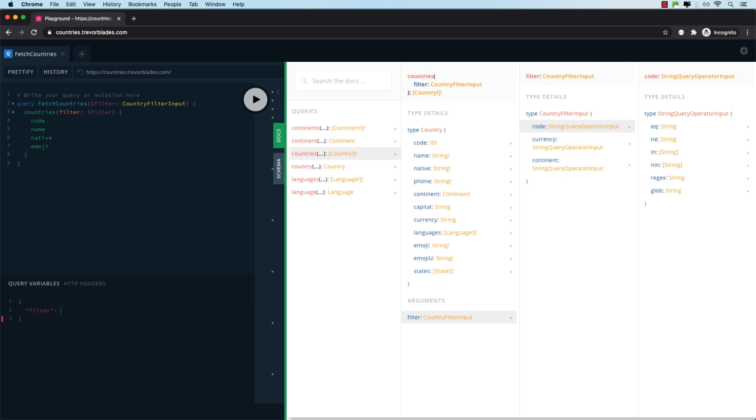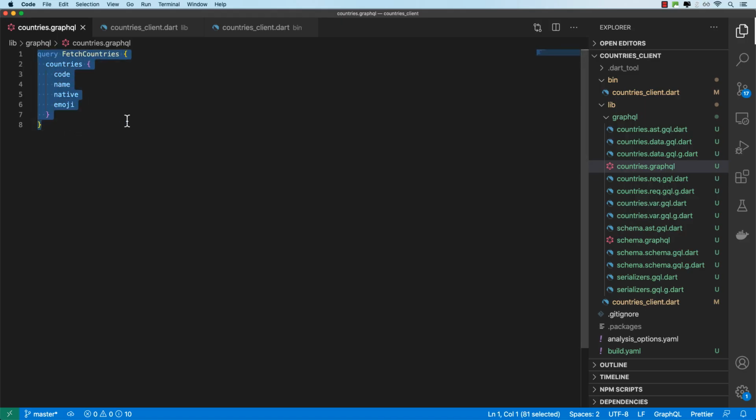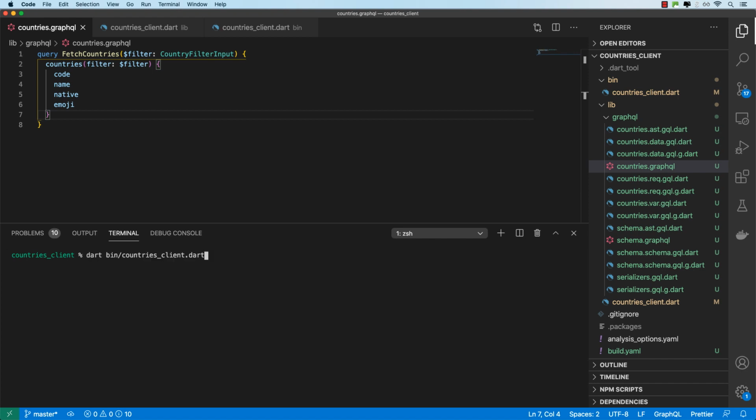I'll create filter. Let's set the code as in the country code, and then we want to set it equal to, let's just say ES. So if I go ahead and run this, okay, it gives us an empty result. I think it's meant to be capitals. Okay, there we go. So setting that variable gives us this result, for instance, for Spain. So I'm gonna copy this, and then I'll paste that here, and then I'll run pub run build runner build